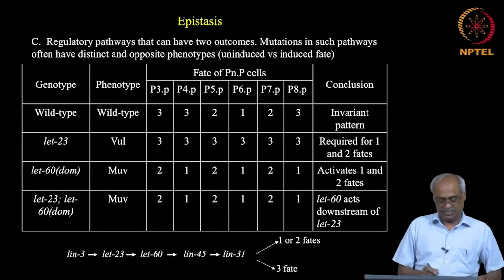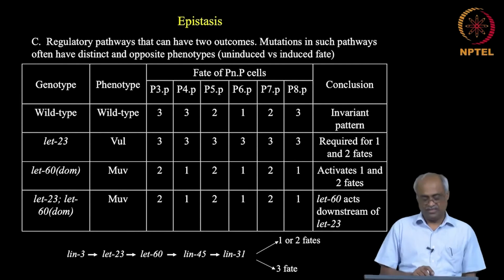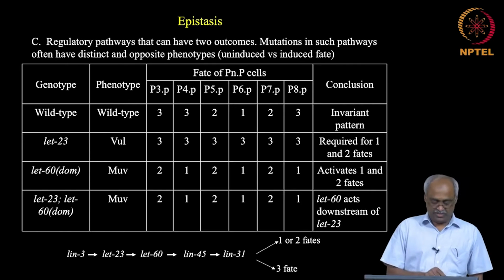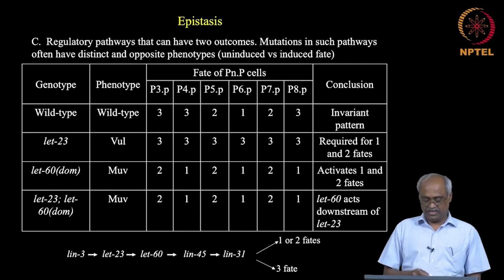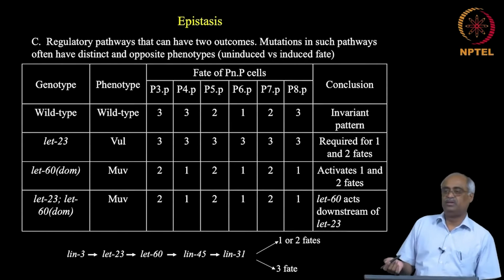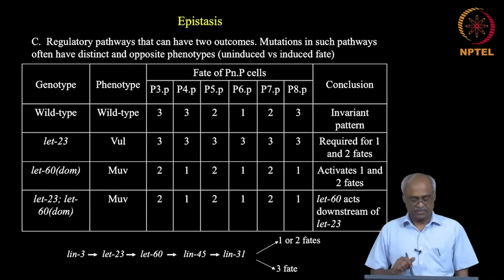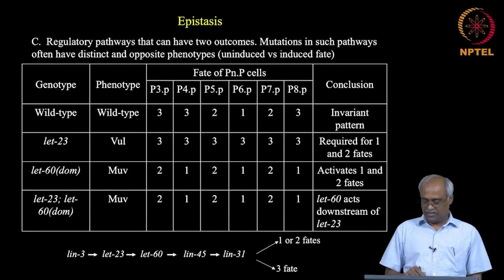About 20 or so, right. So, how do you know which acts first, which acts second? Here is an epistasis: lin-26 is vulvaless, and when you do a detailed Nomarski observation, you find there are no PNP cells made. So, all you are able to say is lin-26 is required to make PNP cells. Now, you have the let-23 mutant. There, all PNPs became tertiary fate, and you are saying it is required for both the induced fates, that is what you are able to say. Now, when you make the double mutant, PNPs are not made.